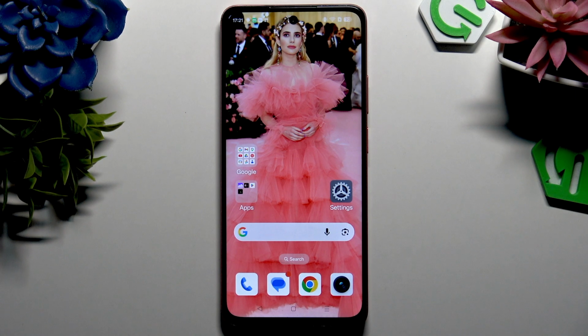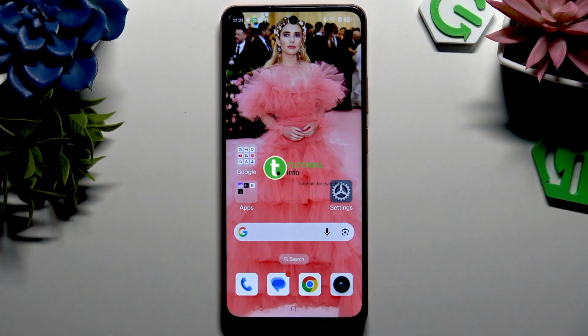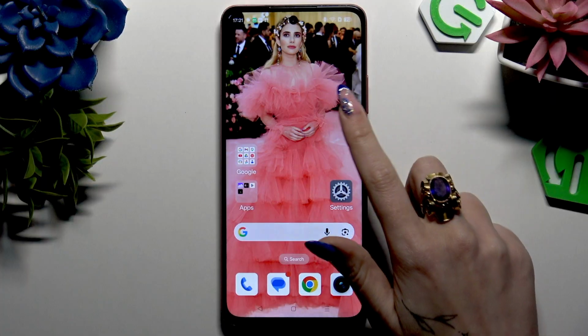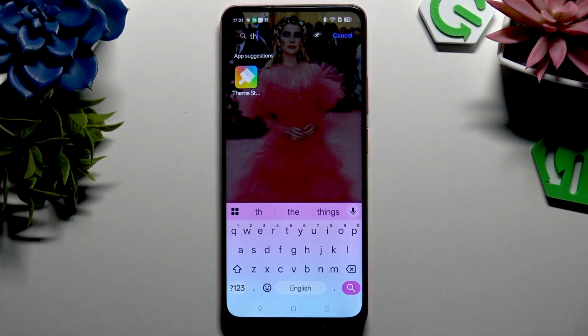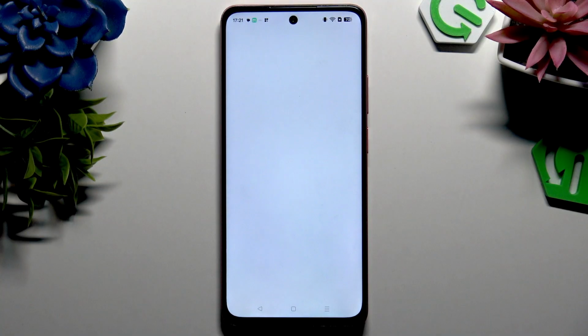In front of me is REALME C75, and today I would like to show you how you can change this device's theme. First of all, you need to find and open Themes app. This one called ThemeStore. You need to be logged in into your REALME account, so make sure to do that